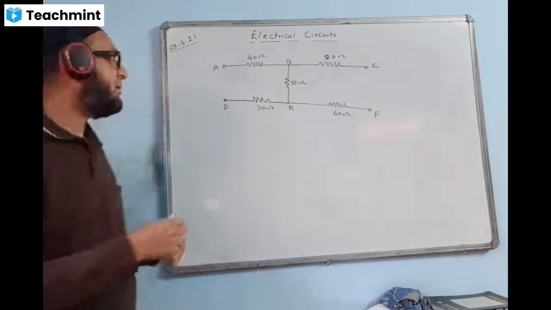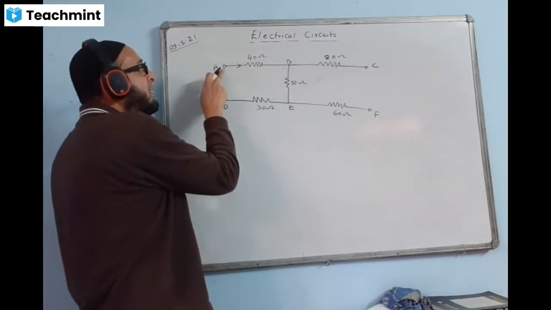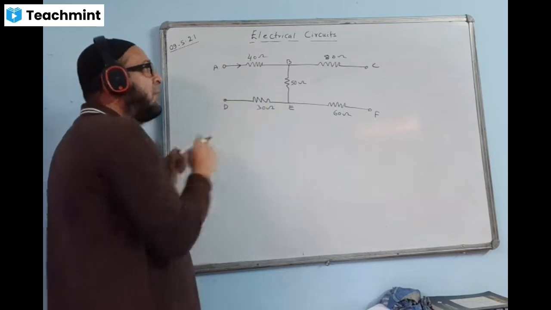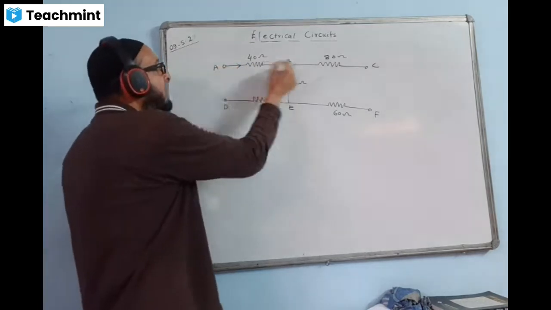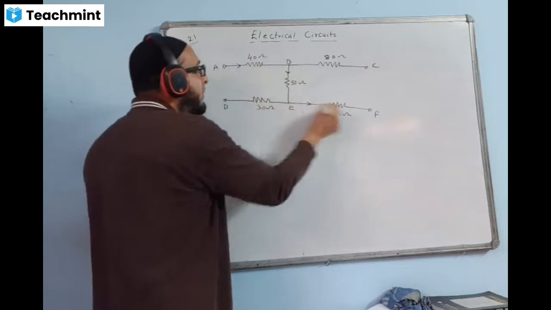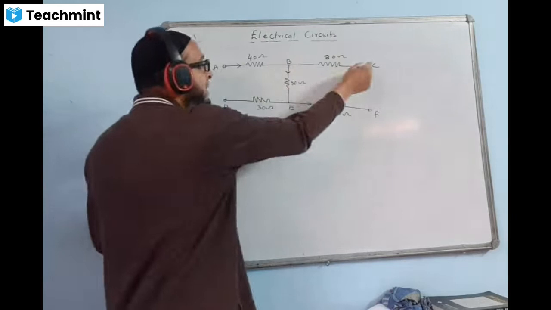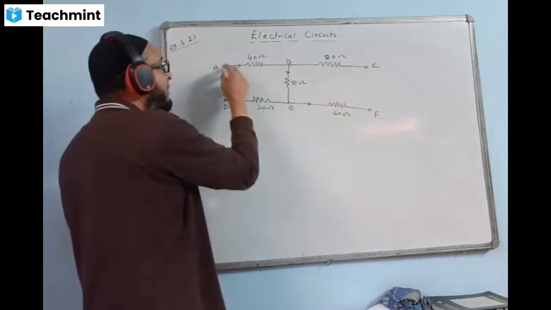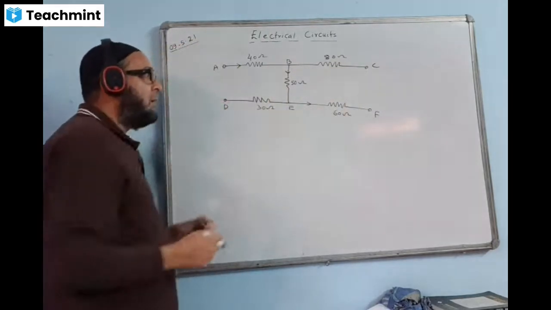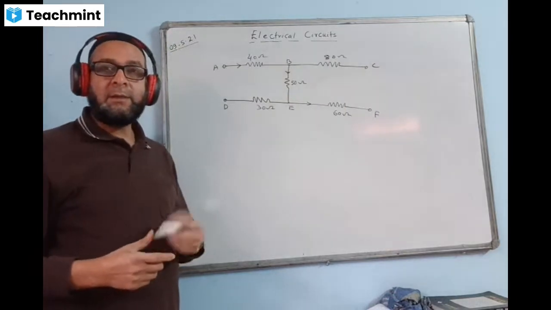Okay, the idea is between A and F, you can just see how the current will flow. It will follow this path, I'm sure. It will go this way and reach the point F. No other way it can reach. If it goes like this, there is a gap. It cannot reach the point F by any other means.